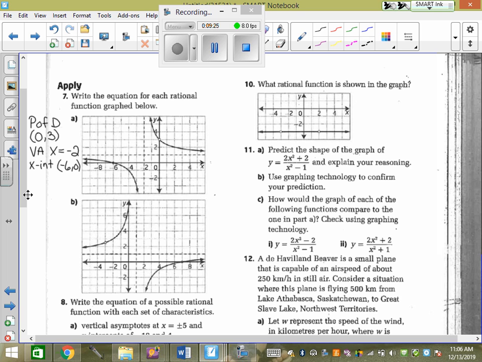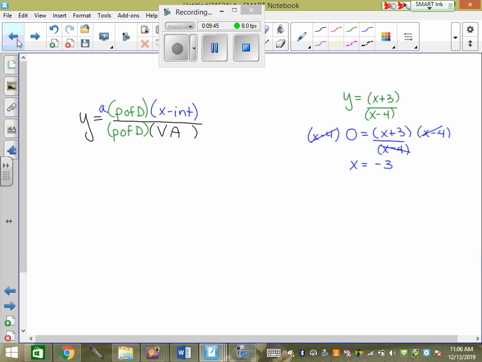To find our A in these cases, we're always going to use our P of D, just so you know. Little side note. So you're going to give me all that information on the previous page because I can't fill it in here. So I have a P of D at 0 and 3. I have a vertical asymptote at x equals what? Negative 2. I have an x-intercept at